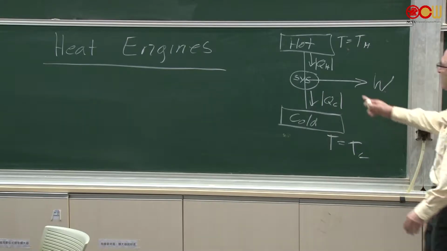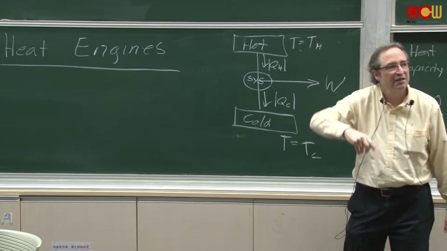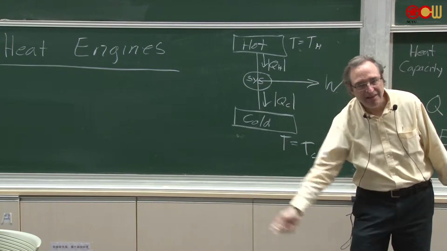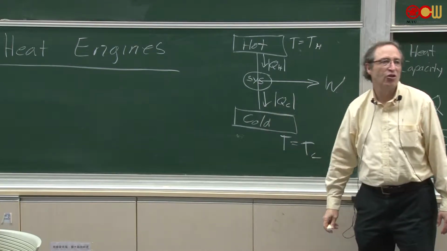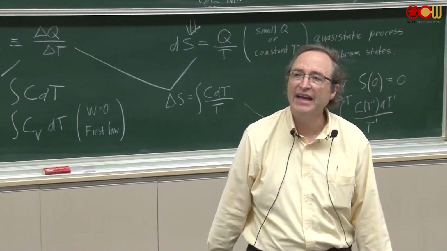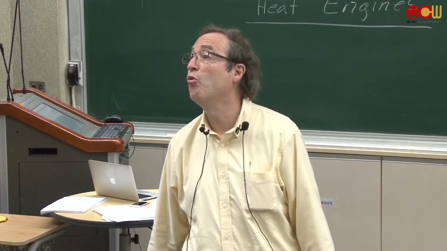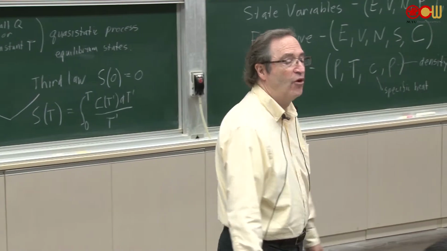And some of that energy goes to work, turns some kind of turbine to do work, and then some of it is lost into the environment, usually some cold reservoir. That's why power plants are usually near bodies of water, because that water helps to maintain a colder reservoir,